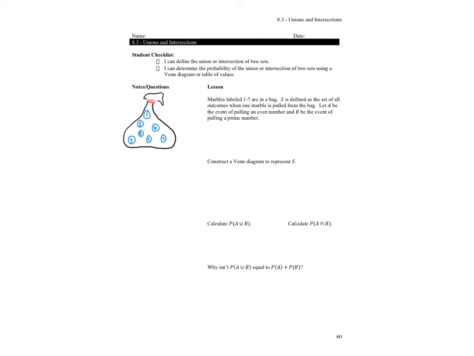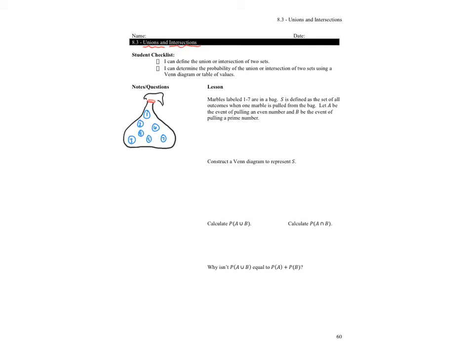All right, guys, so today we're going to learn some specific terminology that's going to become really important as we move forward in this probability unit. And we're going to talk about something called a union and something called an intersection. You've dealt with these, we just haven't used this terminology yet. So we're going to define those terms and come up with some formulas that'll help us calculate these unions and